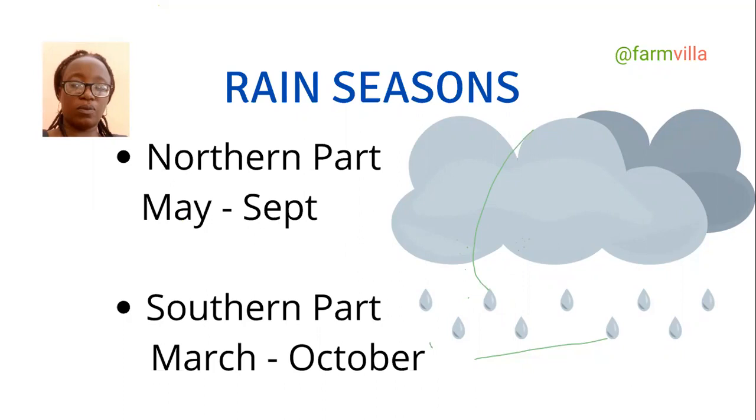But as of today, we don't have that much rainfall, even in the north or in the south. Rain in the south now doesn't start in March again. At least I can speak for the Southwest. Farmers in my community do not start planting until April or May, when the rain is stable. The first set of rain doesn't stay, so they wait until around the end of April or May before they can plant. So the rain has greatly reduced, and now rain doesn't come in October again.